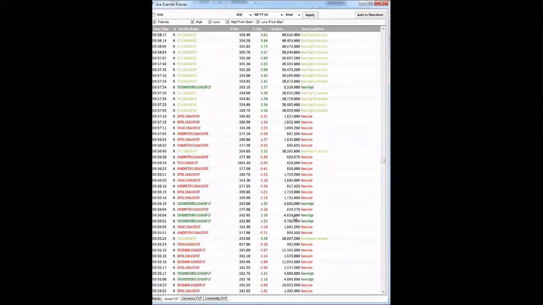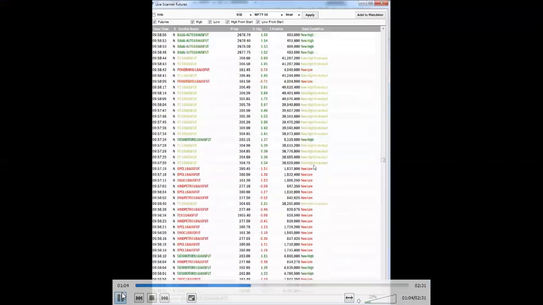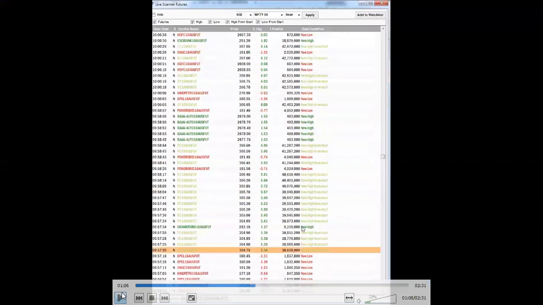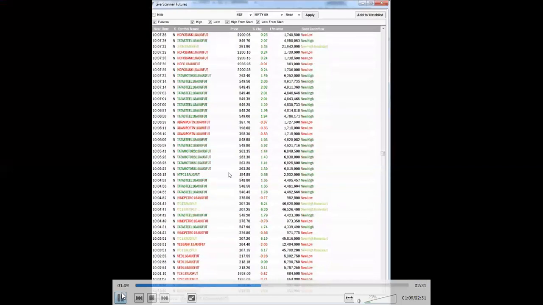If you again see a new high from the start, you can trade a hedge call. If you want to try a demo call, you can buy a cash call of 1,000 or 500 quantity and use a trailing stop loss. When a new high from the start happens, the stock rises like anything. It can rise in 5 minutes, or in 15-20 minutes. Today I have taken the whole recording, and from 9:15 to 10 o'clock many stocks were coming, and after that very few stocks came.